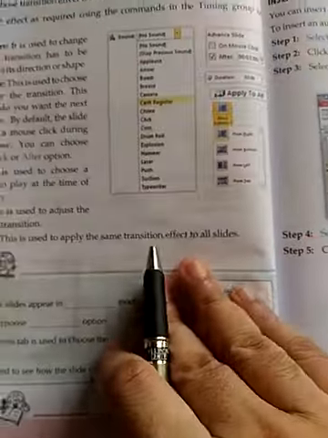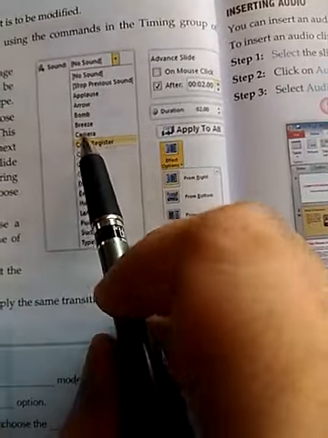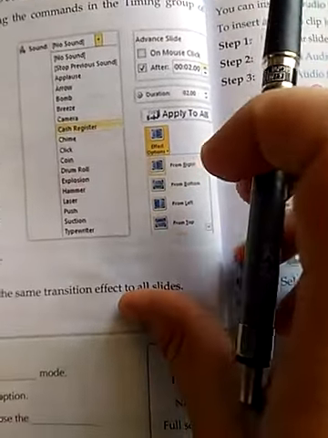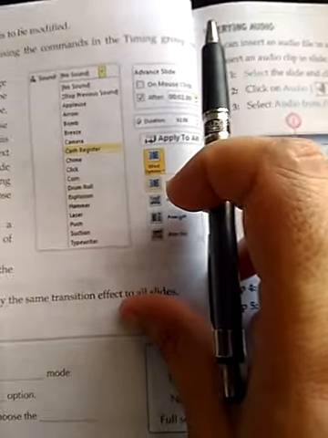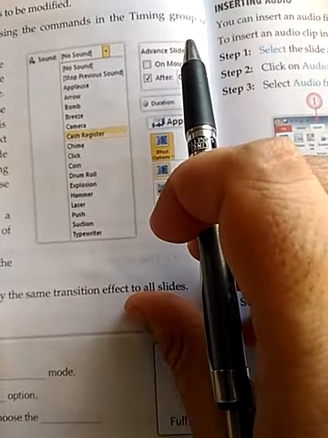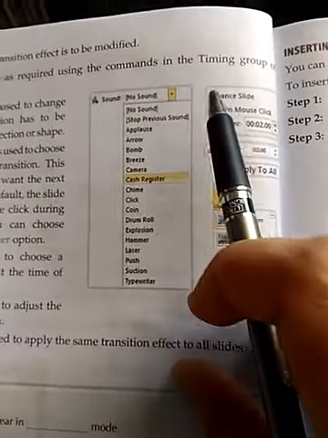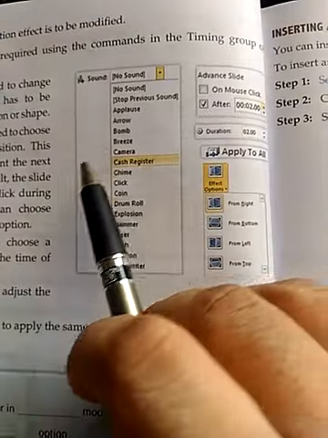So if we want to make modifications in the transition, then first you need to select the slide. After selecting the slide, go to the transition tab. On the transition tab, you will find the option effect options.